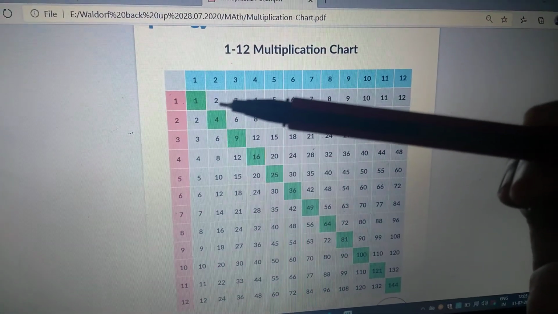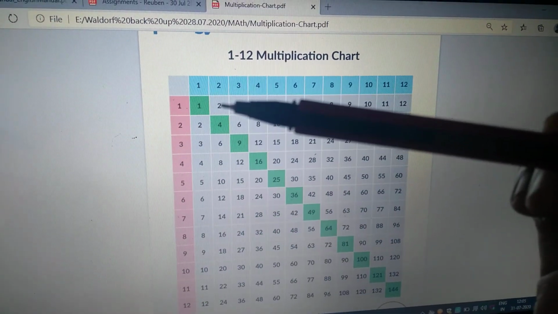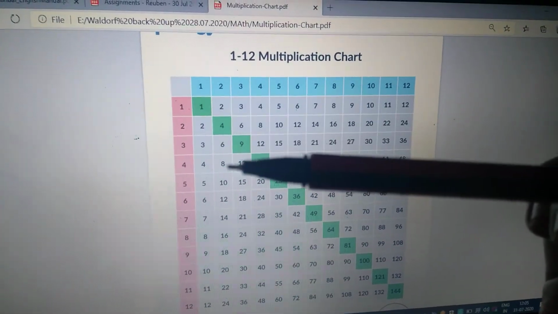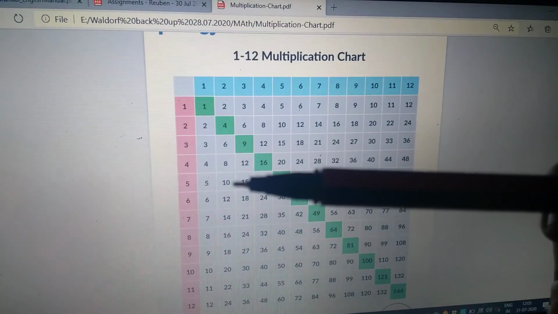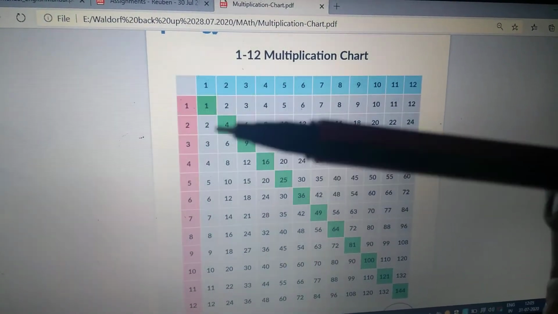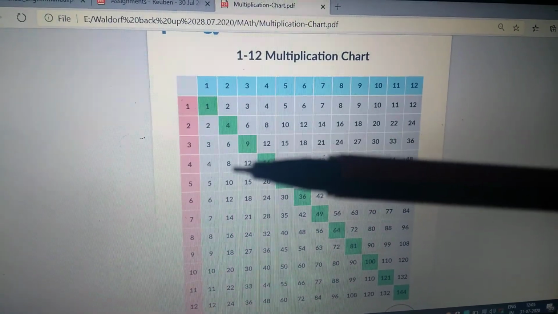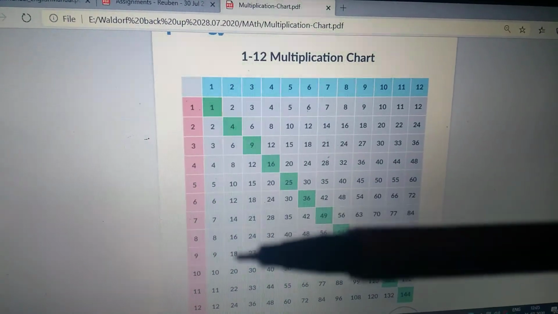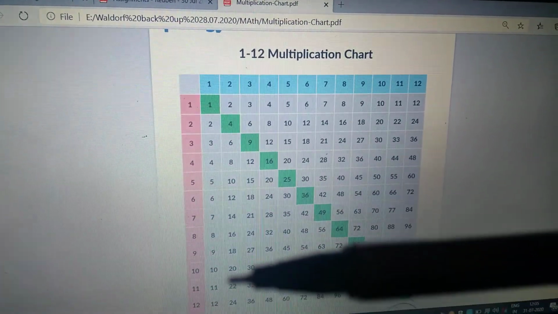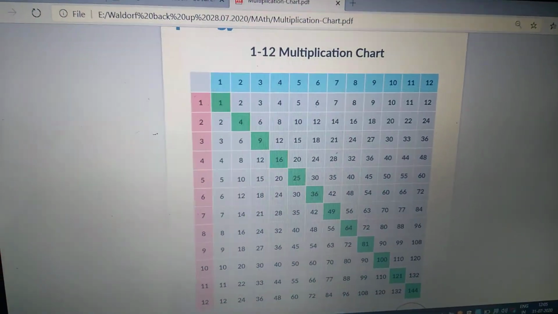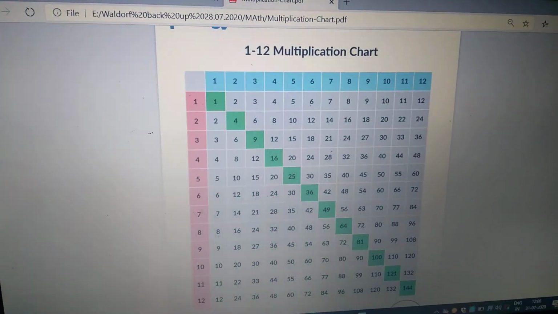You remember we spoke of the 2 times table pattern, 2, 4, 6, 8, 10. I'll just use the unit which is 0. So it becomes 2, 4, 6, 8, 0. 2, 4, 6, 8, 0. 2, 4, and it will go on like that. If I go beyond 12, it will go on.